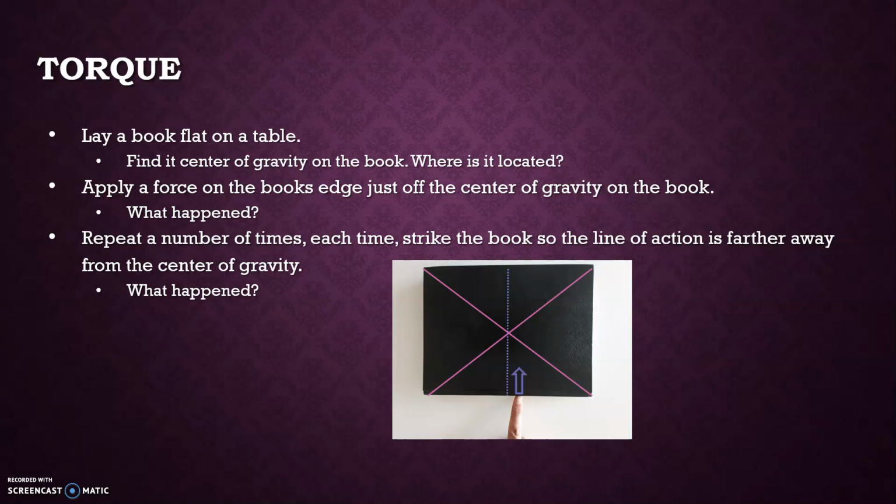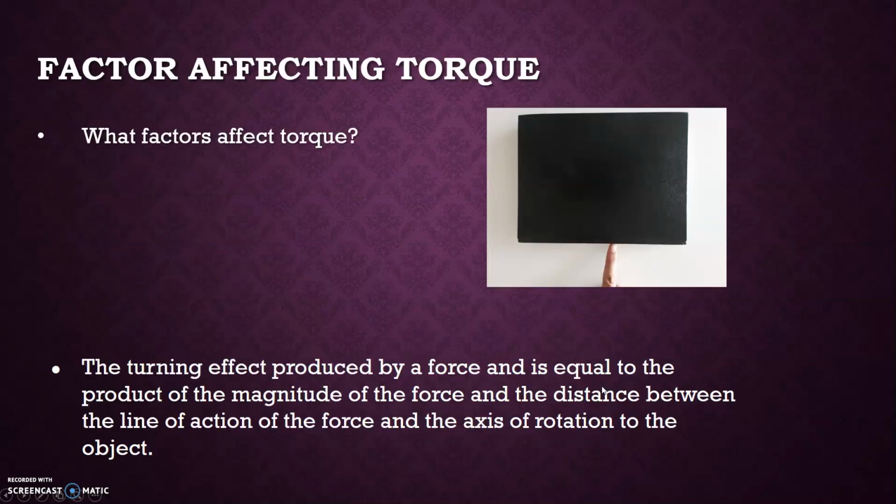Now, I want you to push just off to the side of that center point, ever so slightly. Just give it a little push. Okay, what happened? Now, repeat that a number of times, striking the book a little bit outside of that line. So keep getting closer and closer to the edge and pushing, pushing, pushing. What happens? Well, you should see the book starting to twist, and the further out you are, the more it should have